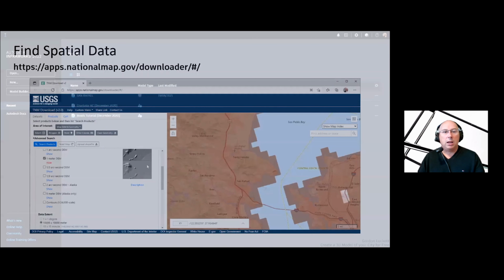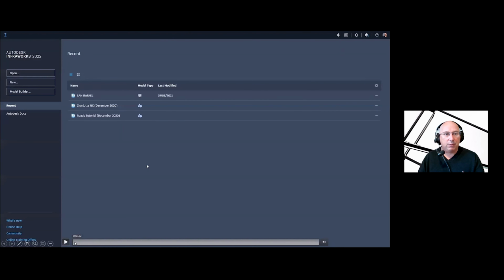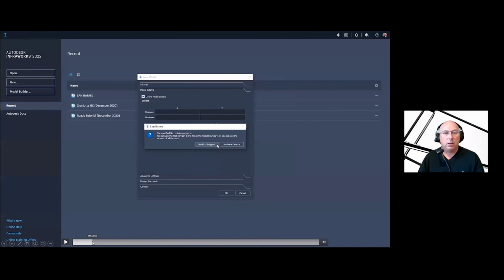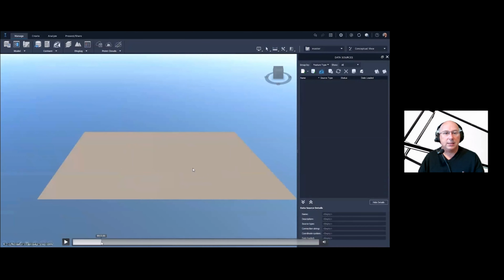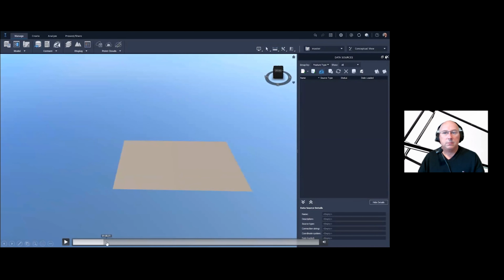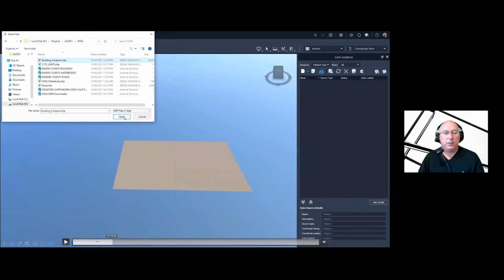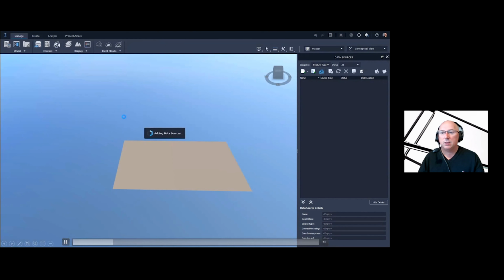Now, let me just jump back to that for a second where I just was. All right, we created this. I just jumped out of my spot. There we go. And we'll go back to the city. There we go. We grab the building footprints. Okay, we'll continue from there. Right, so we grab the building footprints and off they go.